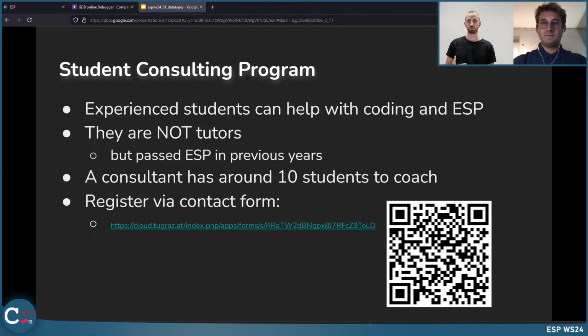If you want to have such a consultant, please register at this link. We will also upload the slides afterwards to our course website. You can also use this QR code. You will come to a form where you can register for this program. In the next few days, we will email you and create the contact with your consultant, and then you can ask them questions.